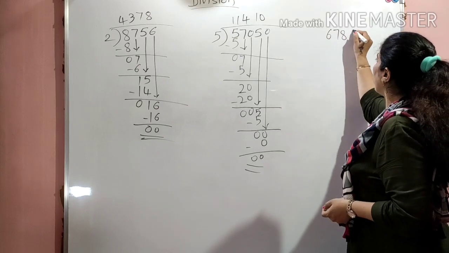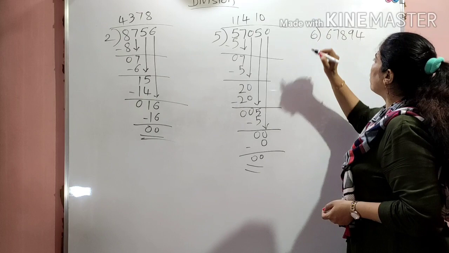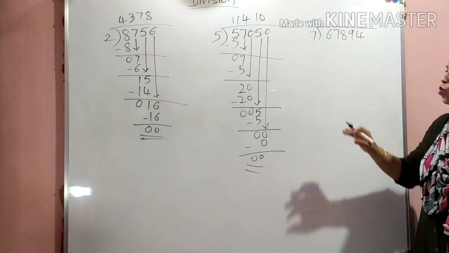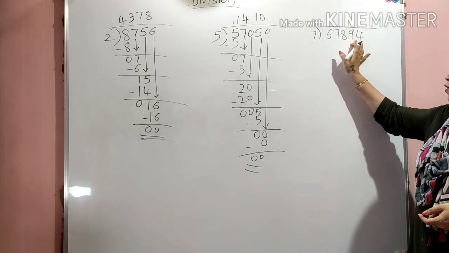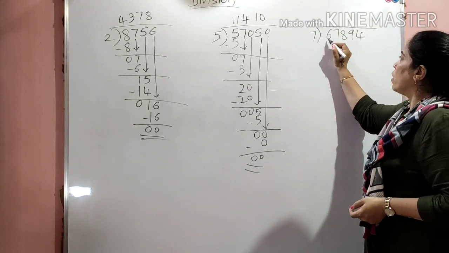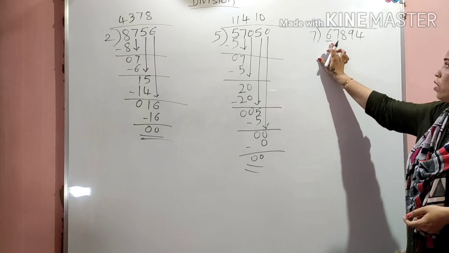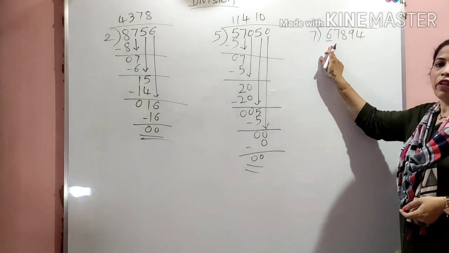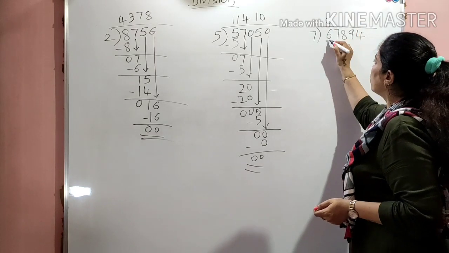Okay. So one last sum I will do. Suppose this number I have taken, and suppose I am taking 7. So what have I taken? 67,894 divided by 7. Okay. Now again we will go with our single digit 6. 6 is there. So here what is the difference? See, 6 is smaller than 7. So here 7 1s are 7, we can't take. So what will we do? We will take 7 0s are 0.